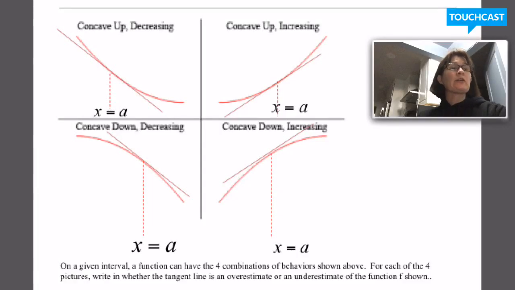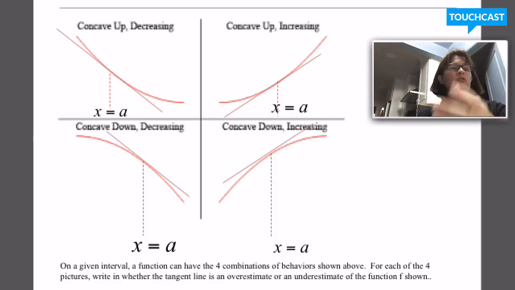If you use a tangent line equation, which is sometimes called the linearization, to estimate a value of a function f, your answer is not going to be perfect unless the original function itself was linear. But we can, if we have enough information, tell if our estimate, our linearization value, is an overestimate or an